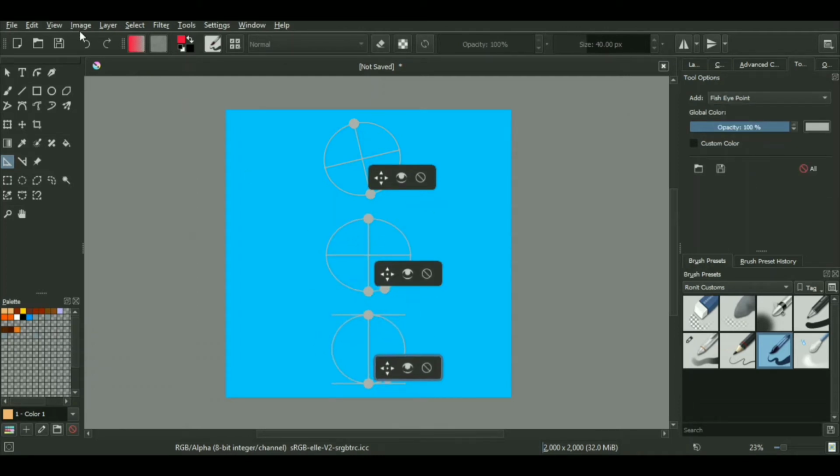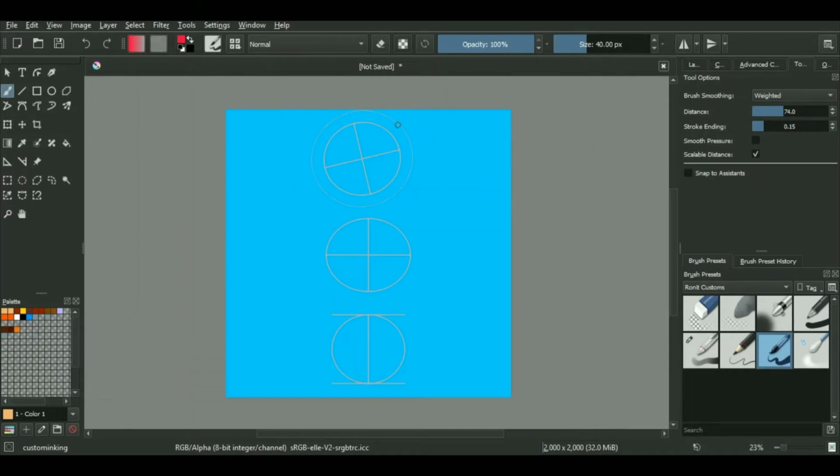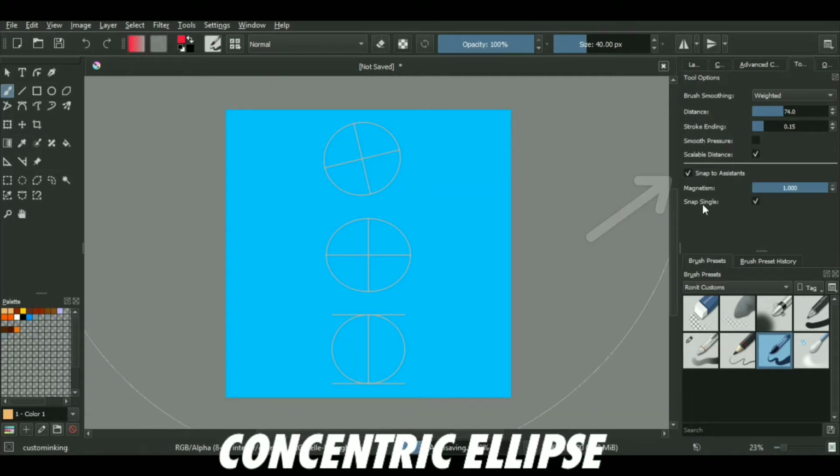For testing them one by one, we will be using a freehand brush tool and start drawing on top of your assistant grid or tool, whatever you call it. However, it won't work yet, especially if the snap to assistant option is turned off. So go over there and turn it on so that your freehand brush tool will work with your assistance grid. As you can see over here, the concentric circle grid allows you to draw circles according to this guideline, and the circles you can make are of various diameters, and basically there is no restriction on how you're going to create those circles.